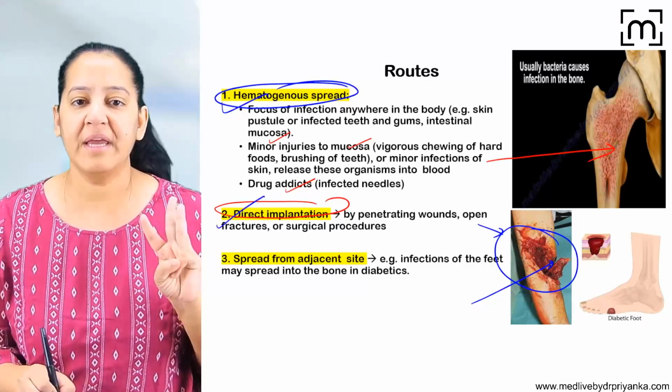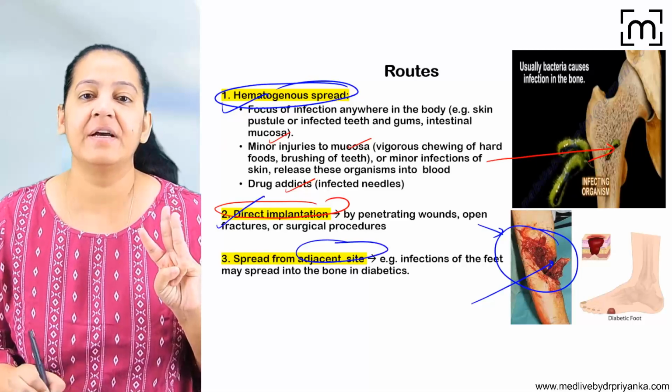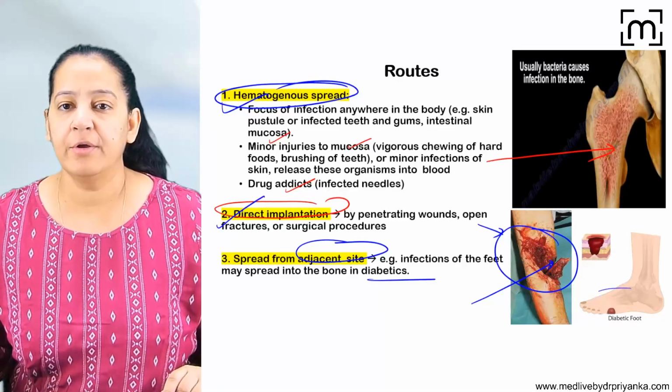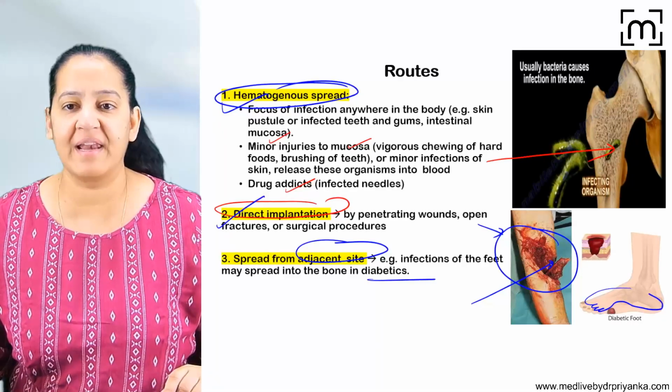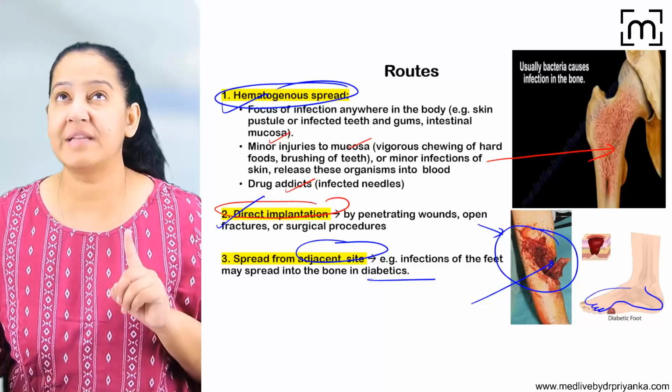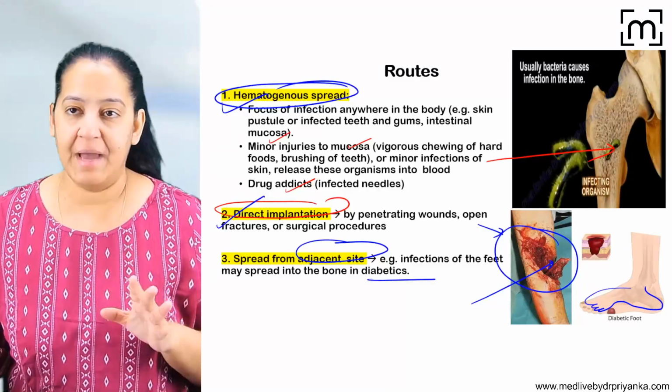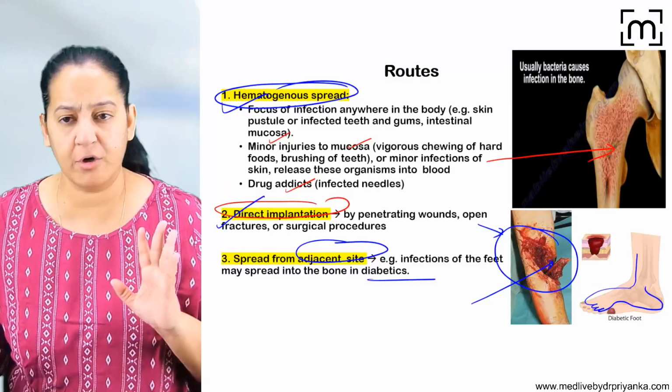Number two. Number three, from the adjacent site. The best example is the diabetic foot. You know, in diabetes, the sensations are sometimes less in the foot. That is known as diabetic neuropathy. So in diabetes, in chronic diabetes,